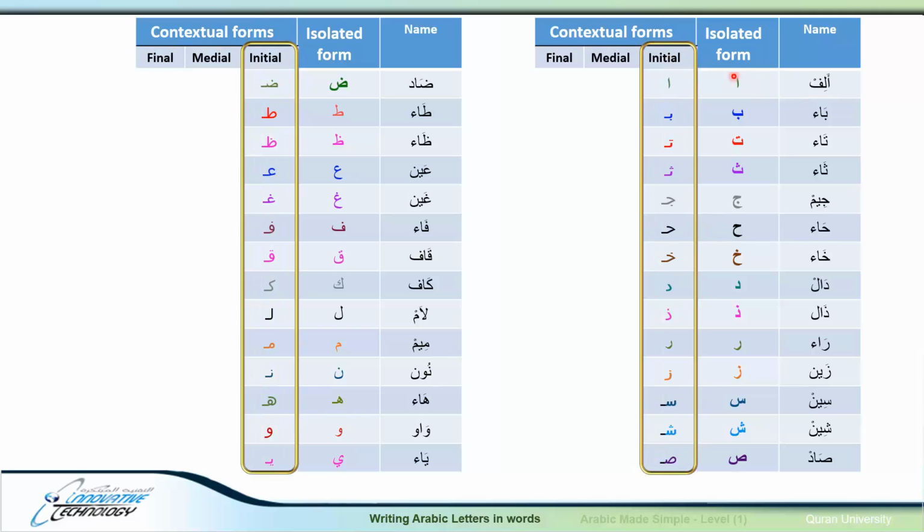For the alif, it will be the same. Now, the dal is the same, and it is the same for the ra and zain. But the ba and the ta and the tha, they look a bit different. Similarly, the sin and shin and sad. That semicircle which was there at the bottom, at the end of the sin and shin and sad, is not there. So basically, there is a minor change between the isolated form and the initial,